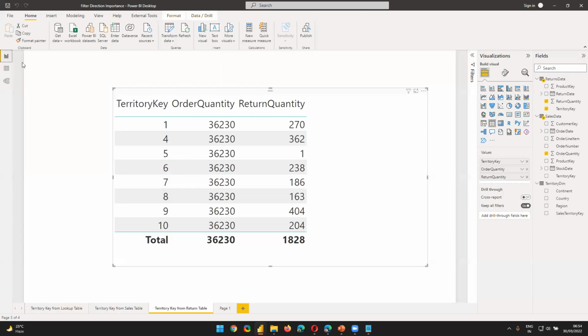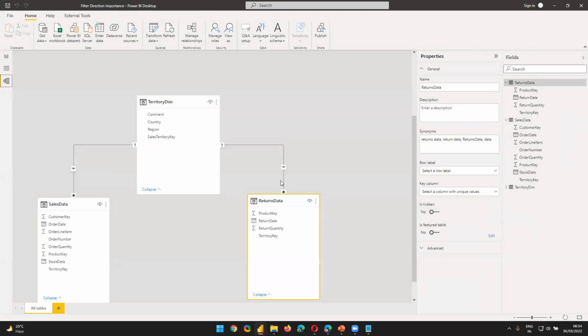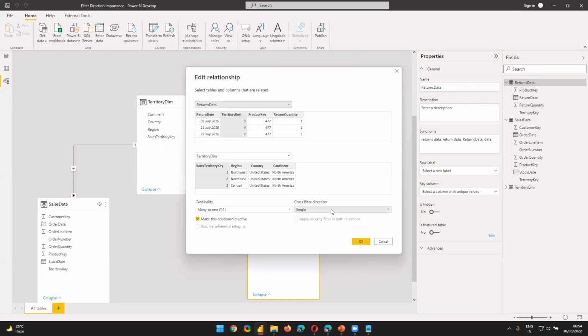The problem is it's unable to filter the order quantity, which is sitting here in Sales, because again it's the same data scenario. The arrow is like this, so it cannot go against the filter direction. Okay. So now look at this. Now what I'll do is I'll say,